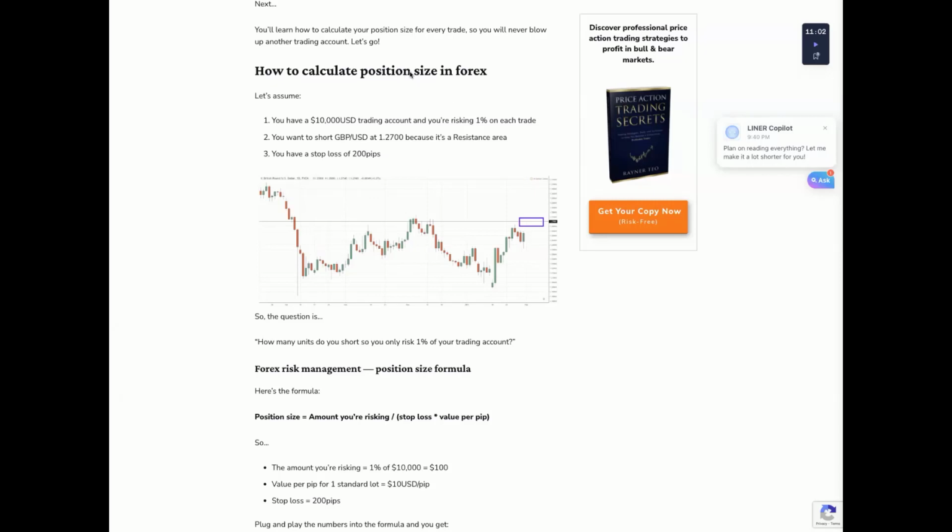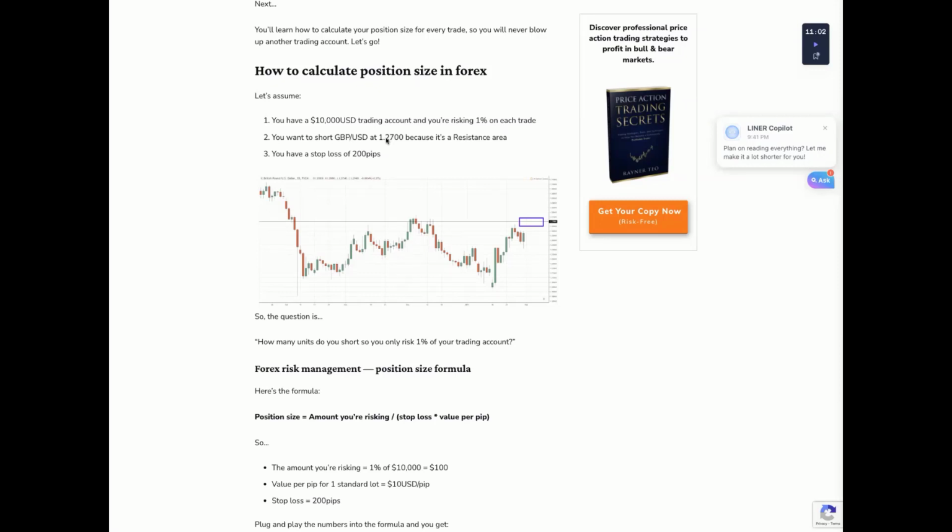How to calculate position size in Forex. Okay, good. So now, look at this. He said, let's assume you have $10,000 in your trading account and you are risking 1% on each trade, right? So if you are risking 1% on each trade, and it says you are shorting pounds dollars at